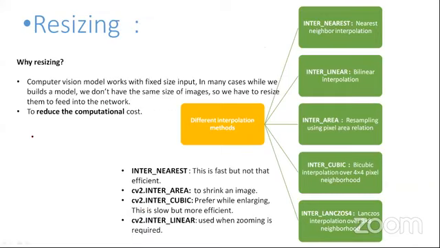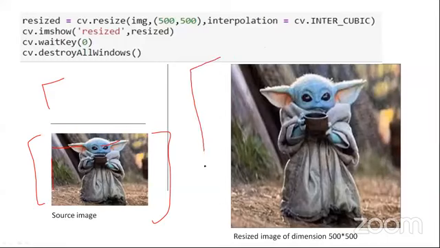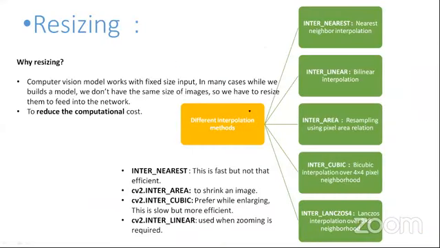So suppose you have this image, and this image corresponds to this matrix. So we have a value here, the row and the column. Now you resize the image. For resizing, you have to add some more pixels here, right? So suppose this is the bigger matrix you have. Now you have to assign some pixels here. If you are increasing the size, how would you assign the pixels? That is called interpolation.